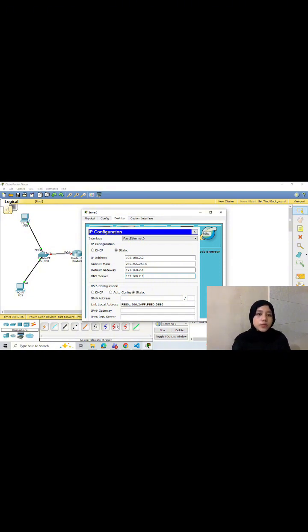Proper server configuration is very important so that network communication can run correctly. If the server is not configured properly, connection testing and web service testing cannot be performed successfully. Therefore, server configuration must be done carefully according to the network topology used.